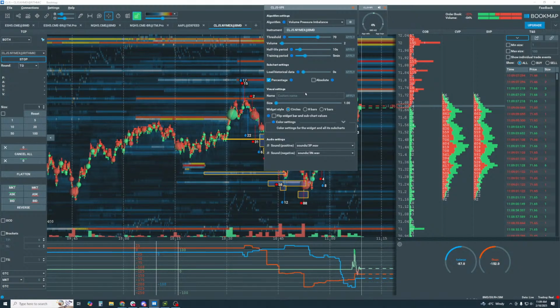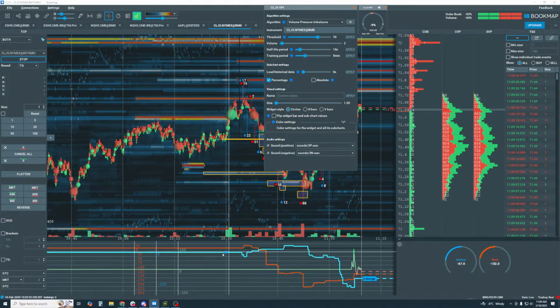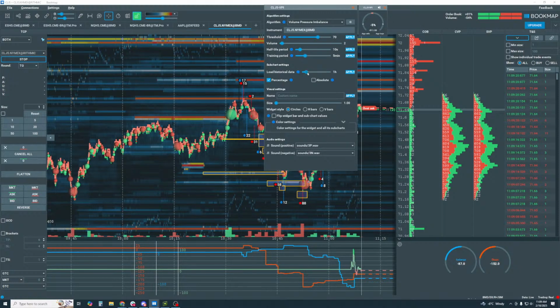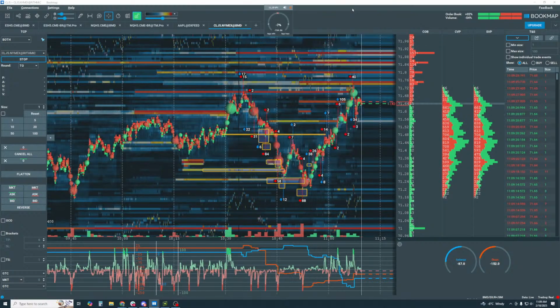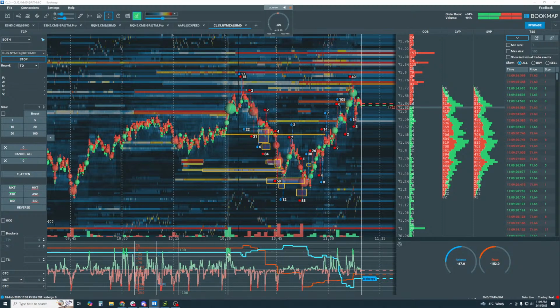Or another thing, we were talking earlier about backtesting. Okay, so we can add in more data in here, and we can look at it on the historical chart. What's that setting? Here it is. Okay, so let's add 3 hours of data in here. And now look at your setting in here. Now you can go and play with your setting, and then look at the tips in here where it's green or red.